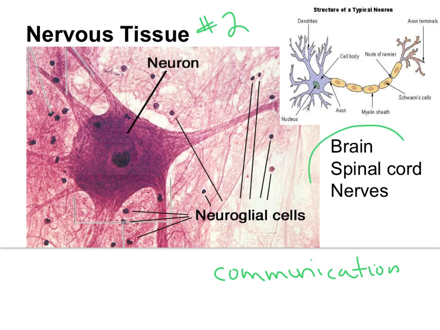The two places that you find nervous tissue are the brain and the spinal cord, and you also find it in nerves. So nervous tissue is made up of different types of cells. And one type of cell